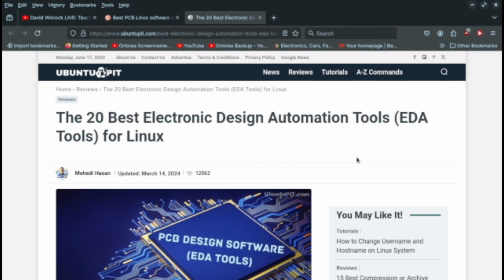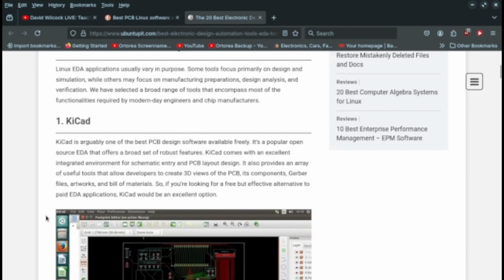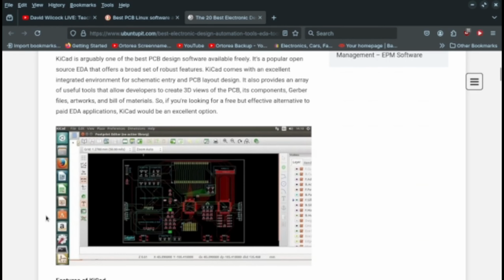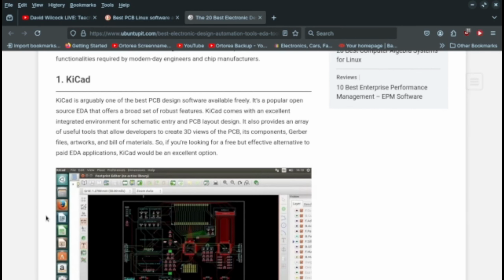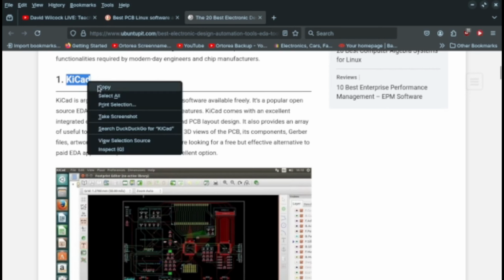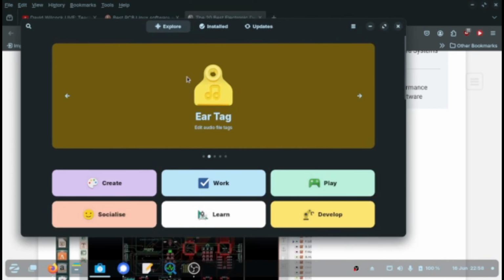Alright, forgive me because I've just set this up on the new system. So I'm looking at this EDA, the 20 best electronic design automation tools. I don't really want automation tools. I actually want manual PCB design software. So if anybody's out there that wants to tell me what they recommend, please do, because as I said, I haven't even tried any of this stuff yet. So let's see if KiCad is actually in my